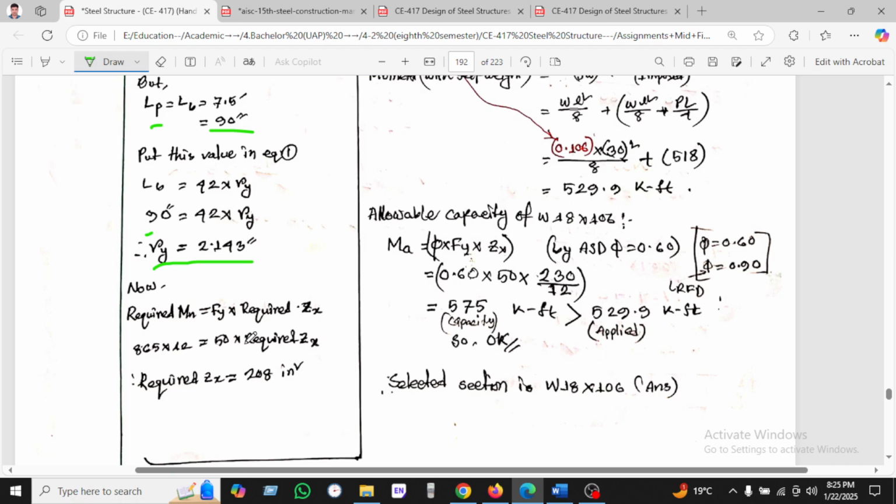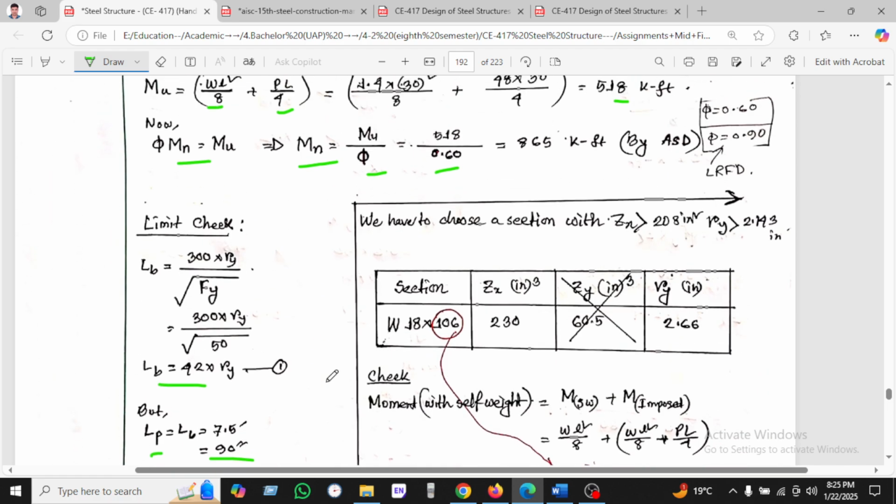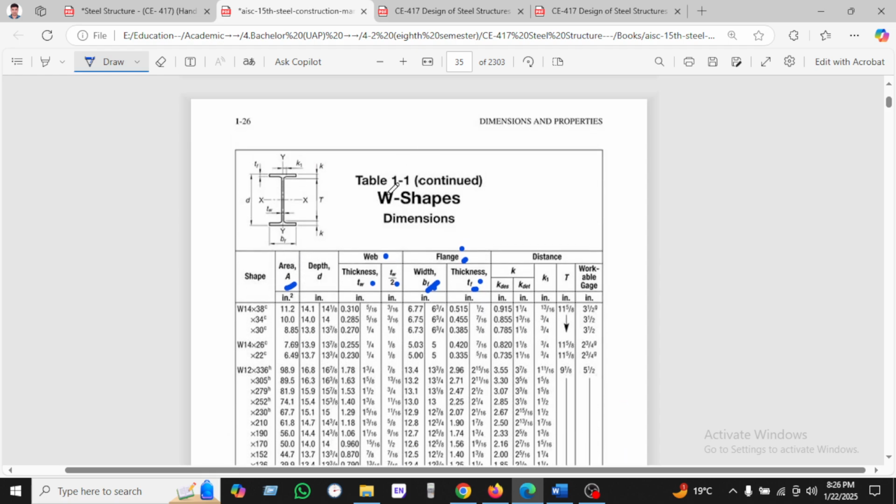So the required moment we have been calculating: Fy into required Zx, and required Zx into 208 inches squared. So we have to select a member whose Zx is greater than 201 inches cubed, and ry equal to 2.21 feet. So we go the same way as in the manual, and